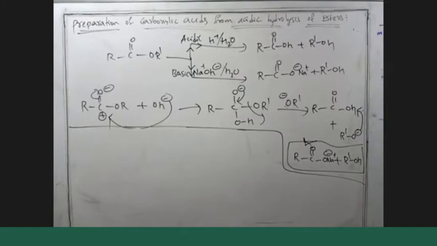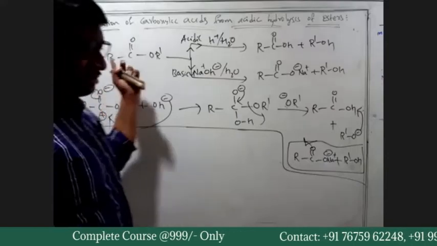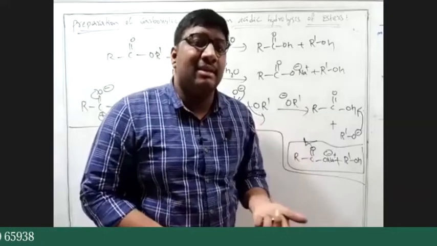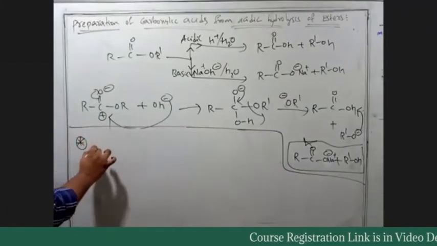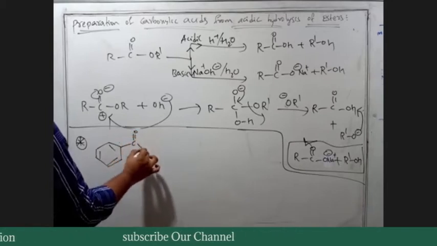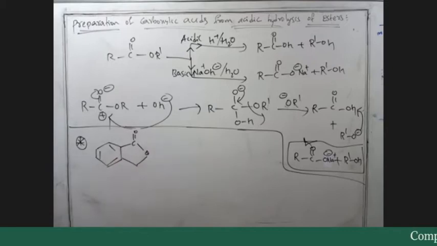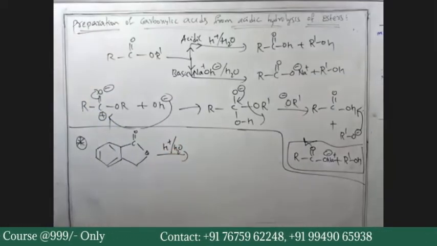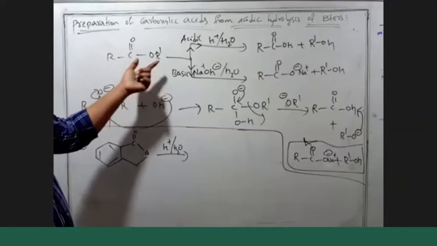So these are the two ways in which you can prepare carboxylic acids. Now we can look at our examples. First example: as we have already dealt with R, where R is any alkyl group, let us take an example in which we have phenyl groups. Everyone solve this. This particular compound upon H plus and H2O, what happens?